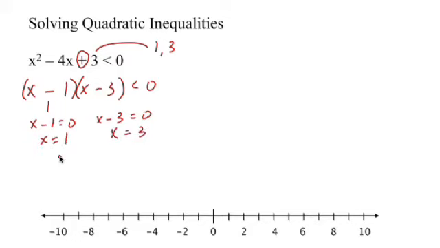Now that's kind of the beginning. These aren't the solutions. We're going to come down here, and we're going to mark a 1. Here's 1. And we're going to put a point. Now, since it's less than, you might recall that that's an open circle. Because when there's an equal sign, we put in a dot or a filled-in circle. When it's just less than or greater than, we use an open circle. And then on the second one, the 3, we're going to do the same thing, open circle on the 3.